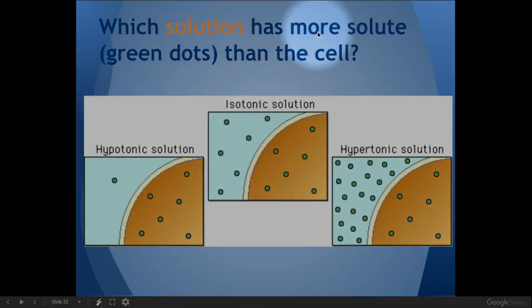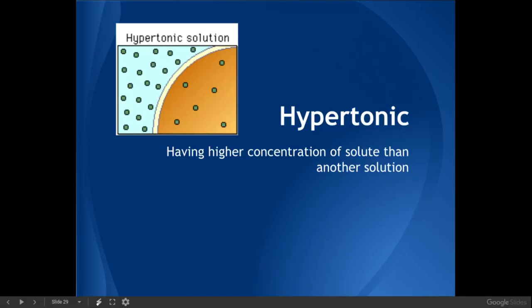We're looking for the word more solute. More, be like hyper. Solutes is tonic. So the one that has more solutes outside in the solution than the cell would be this one, hypertonic. Looking at a hypertonic situation,